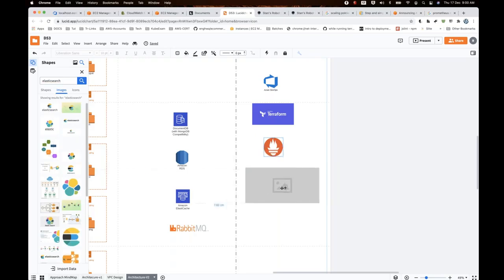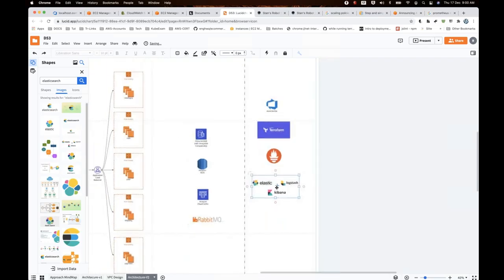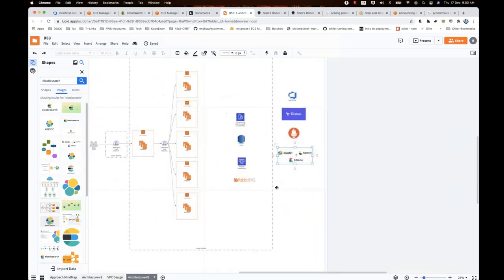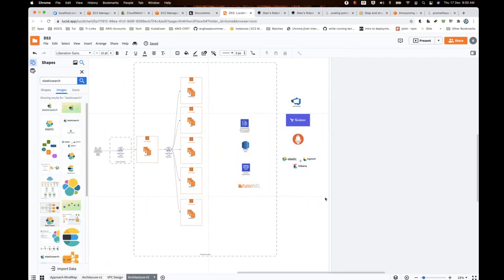So ELK, Elasticsearch, Logstash, Grafana. These components we are going to keep here. These also we are going to add, and this comes to the whole. So this comes to the major concepts which we are going to use. And apart from that, we are going to have